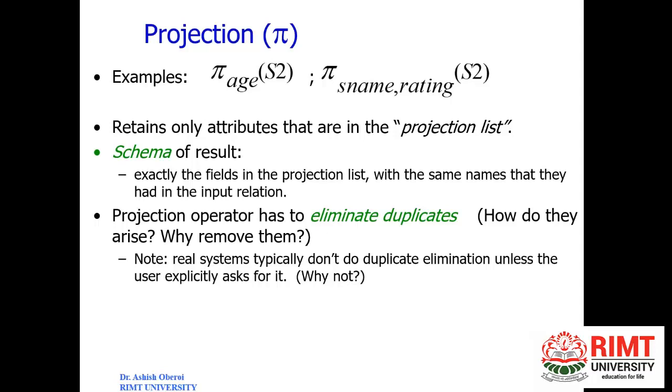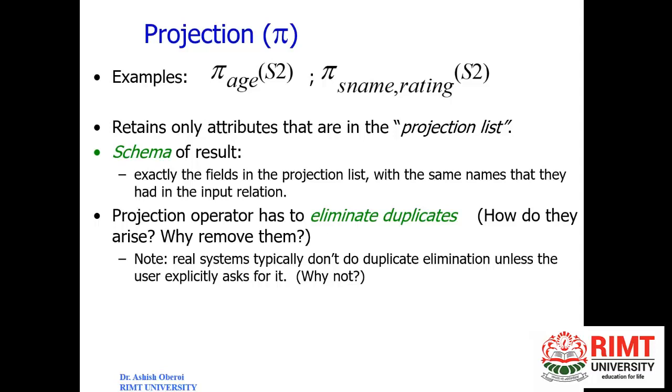Clear? So ensure yourself that you are writing the correct query. Clear? So the correct query is, if you want to display S name and rating from the relation S2, and you are using the projection operator. Clear? So the query will be: display or project S name and rating from the relation S2. Clear? So this is the simple sentence that the user will fetch, and if you write down the relational algebra query, it will be in this form.